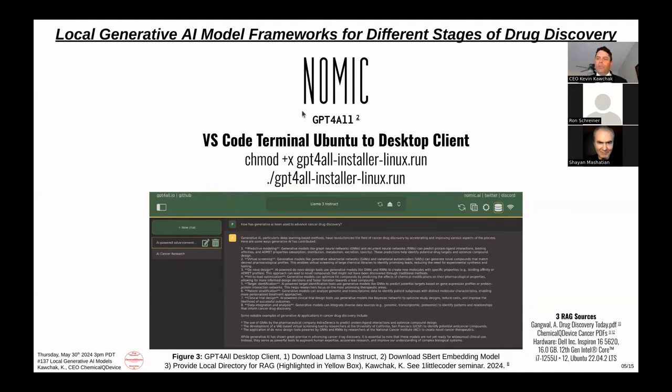And so there's two ways of doing this. Basically, you can download the model. So where I put here, download Llama 3. In this case, I did instruct. Now, to do RAG, or retrieval augmented generation, which is the buzz term right now in all things GenAI, you're going to want to download SBERT or some similar embedding model. Now, what this does is it allows you to, in specific, look at your local documents that you provide. And then on top of that,